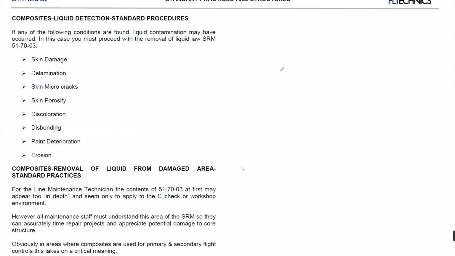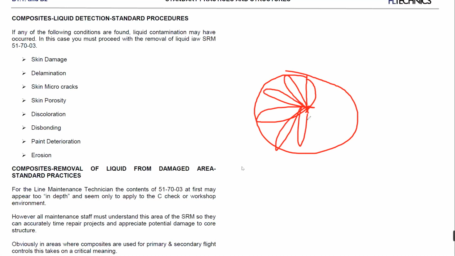On one engine, one of the blades had a dent. There was a dent, just this one, and someone made a circle around the dent and he put